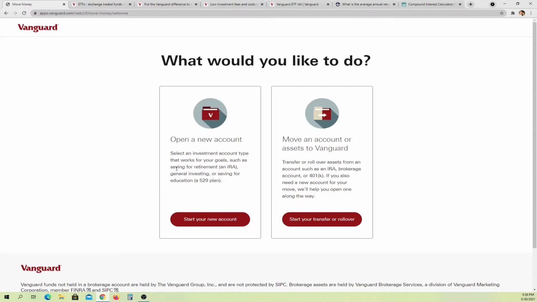The type of account we will be opening is just general investing. You will click here, start a new account, and go through this little process. It'll take you about 10 minutes, just like opening up a credit card or a bank account. You can pause the video here and then resume after. The next step, after you get the account opened,